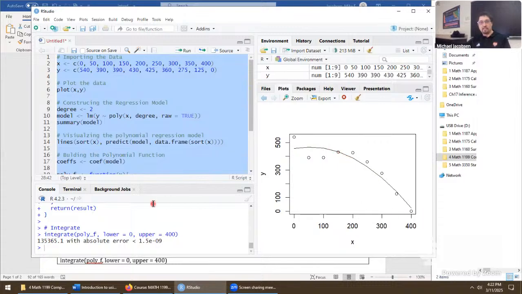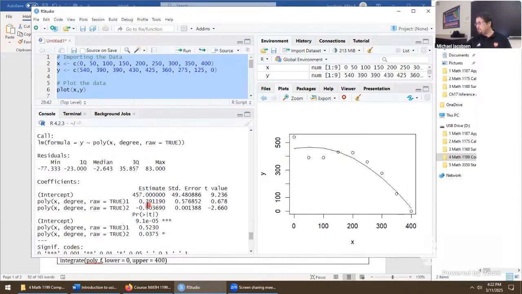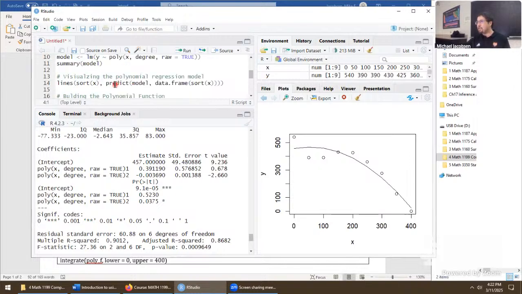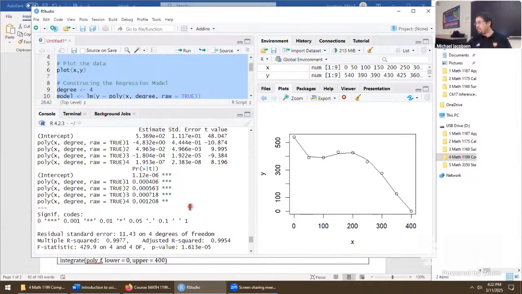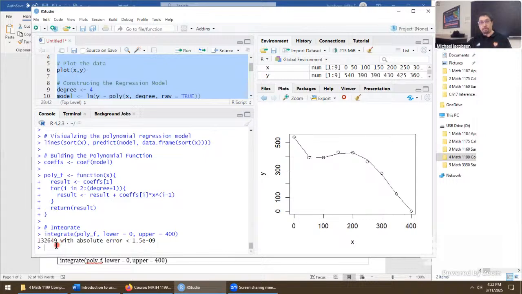We see the change in the model, and we can scroll up to look at other features of the model. For example, we were discussing this element right here. Adjusted R squared tells us about 86% of the variation in the y coordinates themselves are being explained by the degree 2 polynomial, which might make sense on why they asked us on this problem to do degree 4. Jump to degree 4. And now it tells us in degree 4, close to 100% of the variation in the model has been explained. And this is the area that we produce as a result.